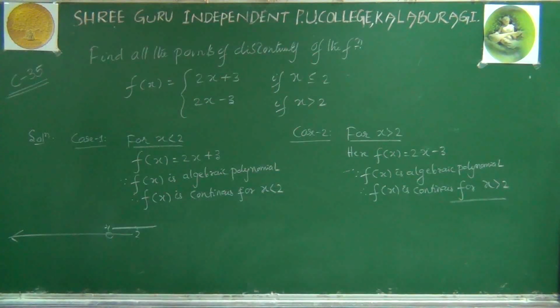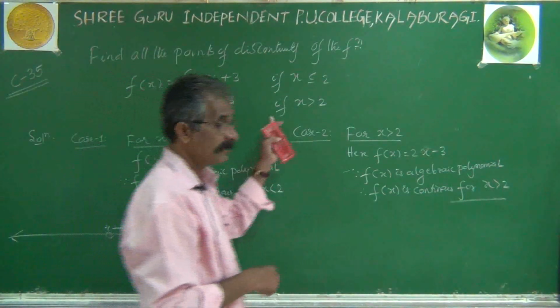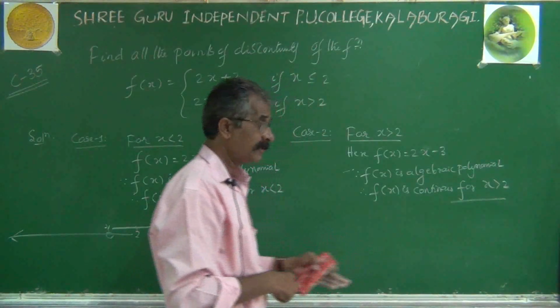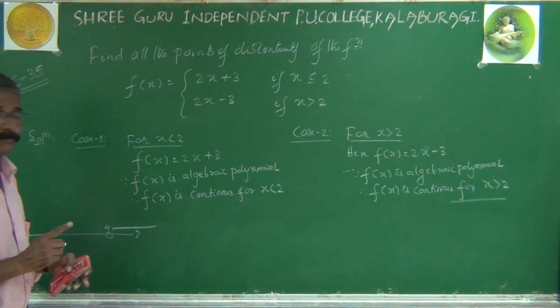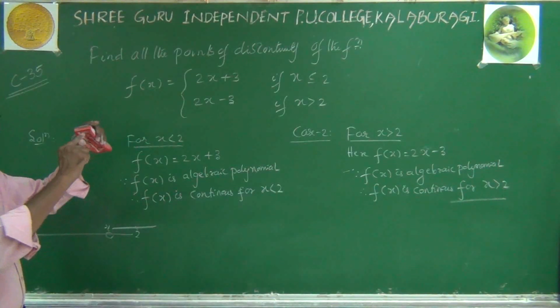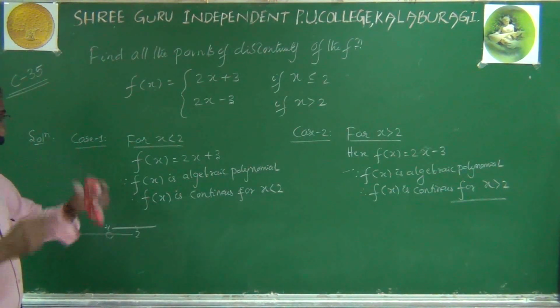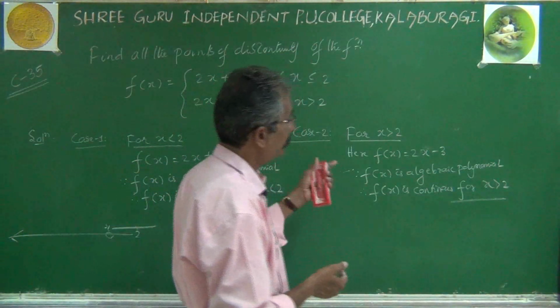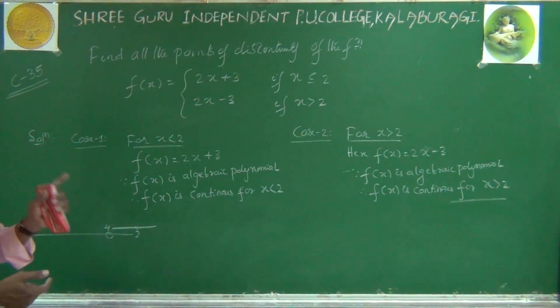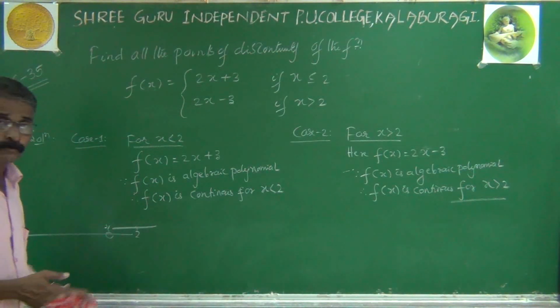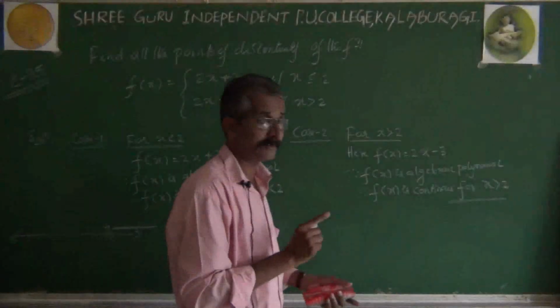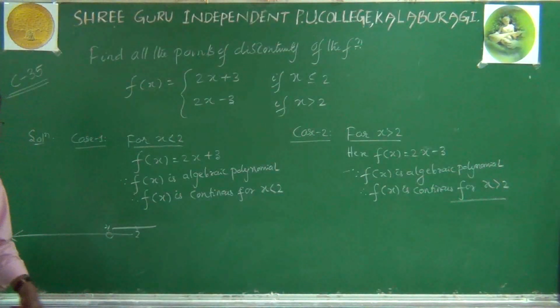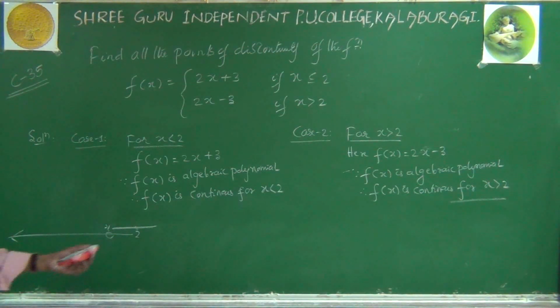What we have shown is that for x less than 2, it is continuous. For x greater than 2, this function is continuous. Let us test at x equal to 2 whether both of the straight lines meet or do not meet. If they meet, definitely it becomes continuous. If they do not meet, the function becomes discontinuous at x equal to 2, and x equal to 2 will remain as the only point of discontinuity. Remaining are points of continuity. So let's have case 3, at x equal to 2.